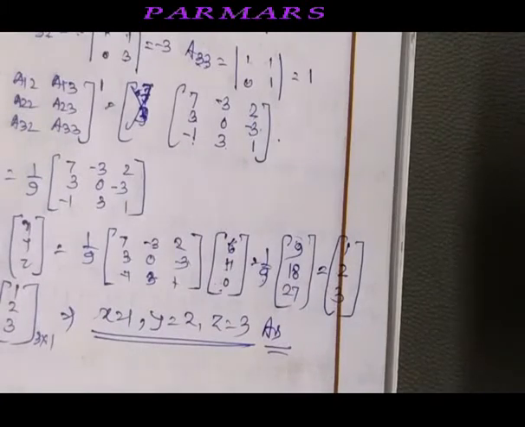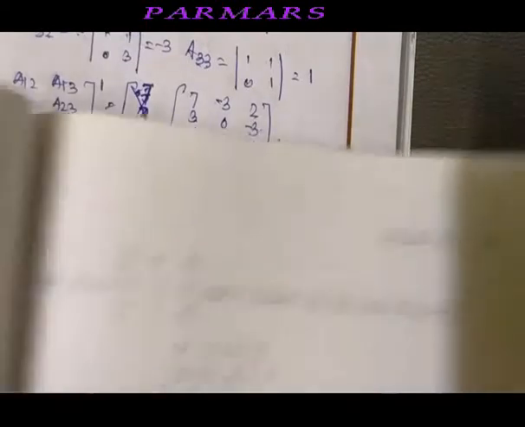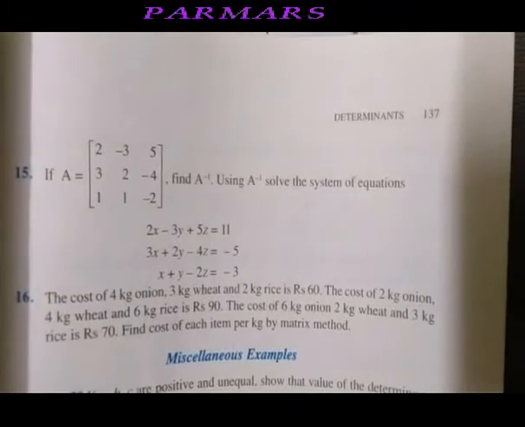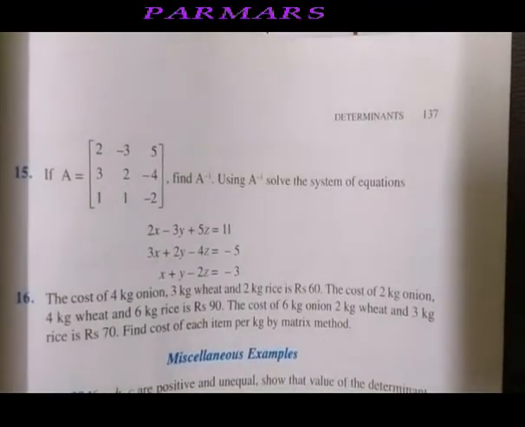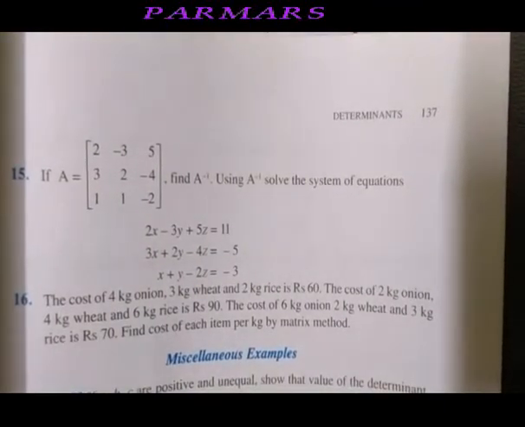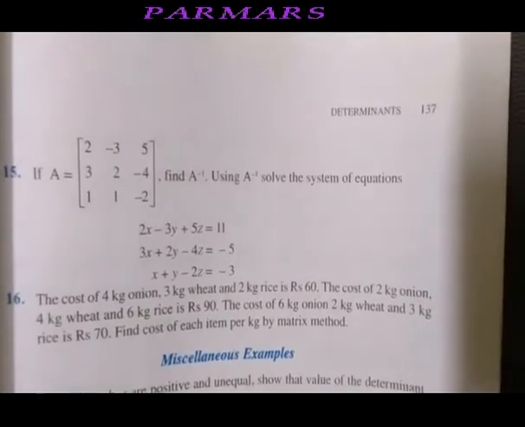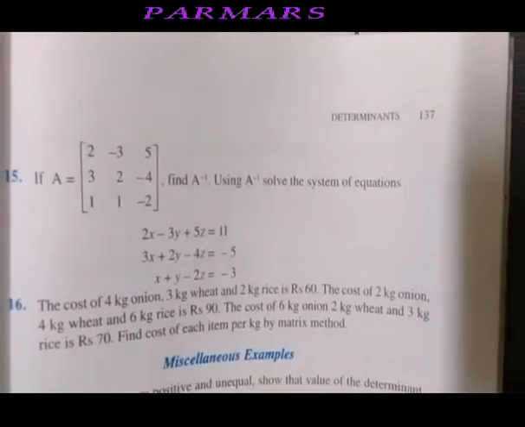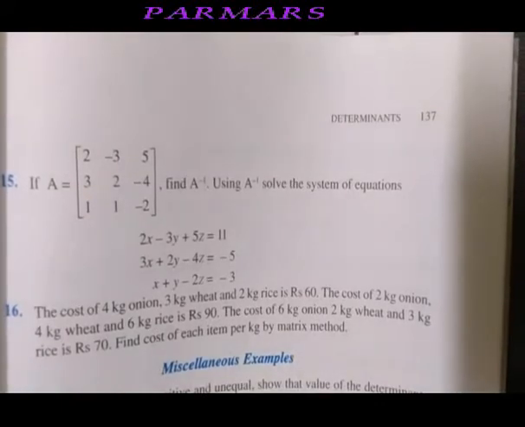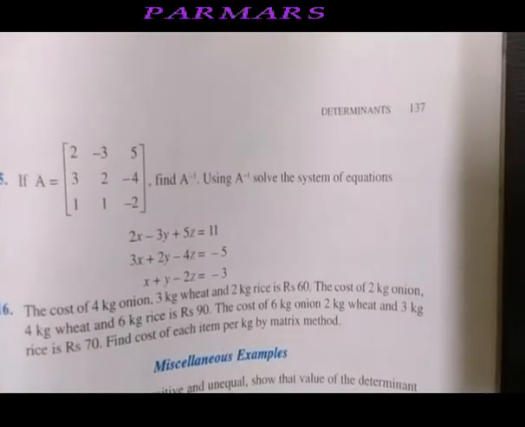Sometimes you may be asked that a matrix is given. Let this be a matrix A, find its inverse, and then using A inverse solve the following equation. You will find this first in question number 15. If A is a 3 order matrix, 3 -2 -3; 5 3 2; -4 1 1 -3, find A inverse. It means you have to start with finding A inverse. Now using the value of this, solve the following.